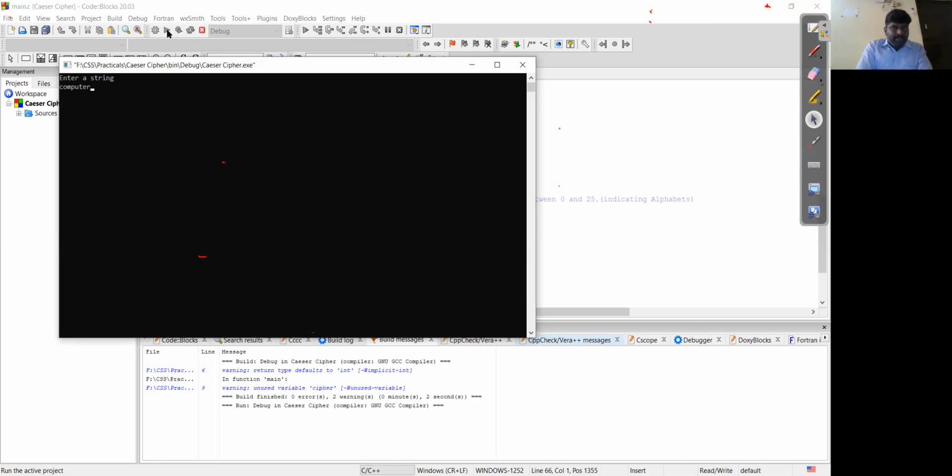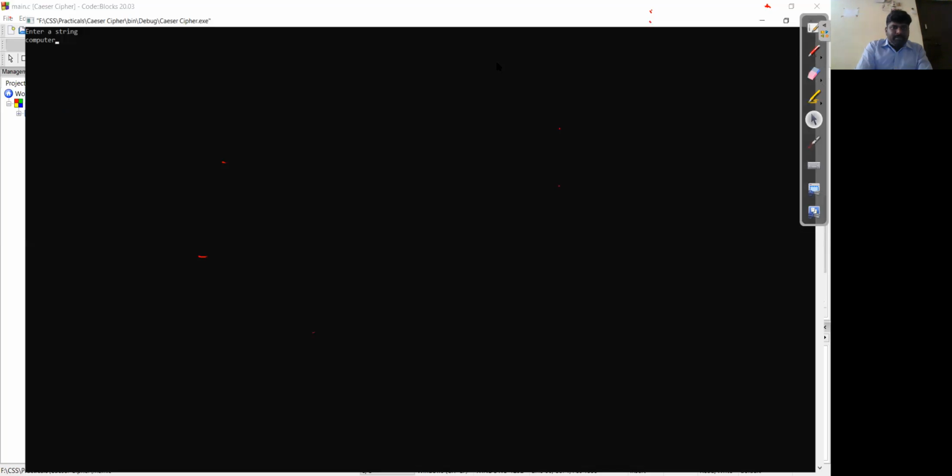The execution window. Yes. Okay, I've just entered a string which is "computer" in small letters. Through the toupper function, it has been converted into capital "COMPUTER". Right, I need to enter a value.